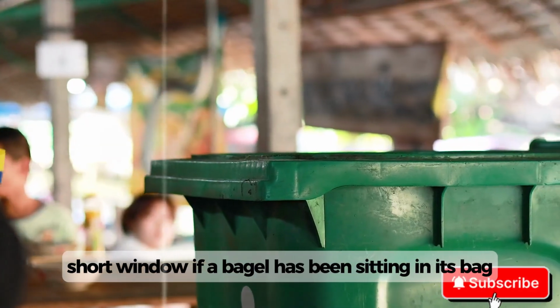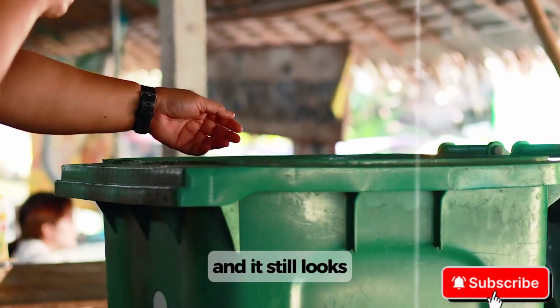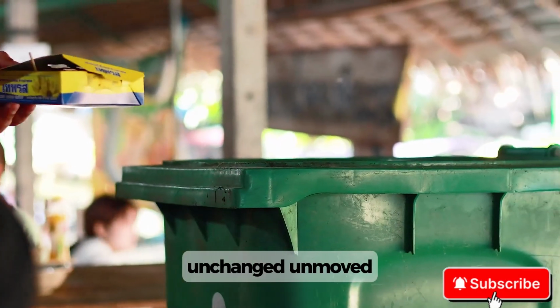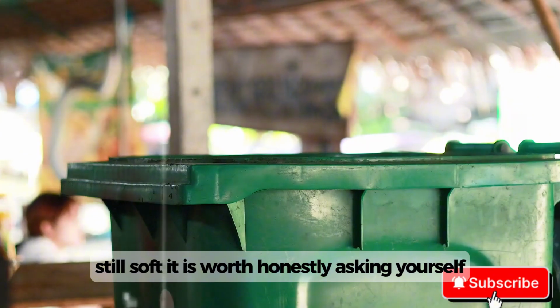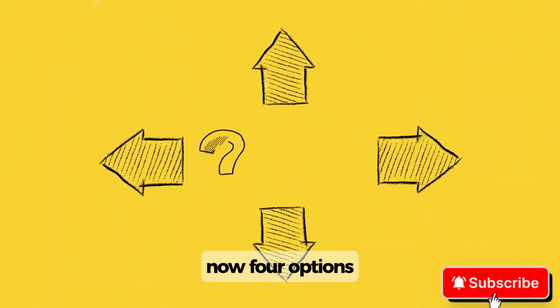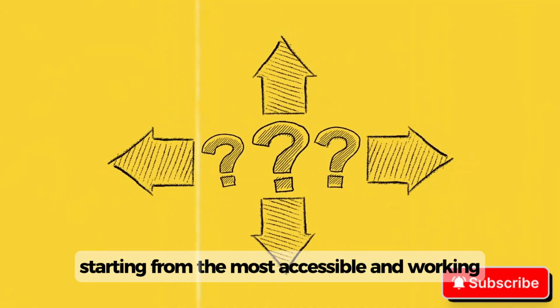If a bagel has been sitting in its bag on your kitchen counter for 2 or 3 full weeks, and it still looks and feels exactly the same as the day you bought it, unchanged, unmoved, still soft, it is worth honestly asking yourself what exactly is keeping it that way for that long. Now, 4 options that are actually doing this the right way, starting from the most accessible and working toward the